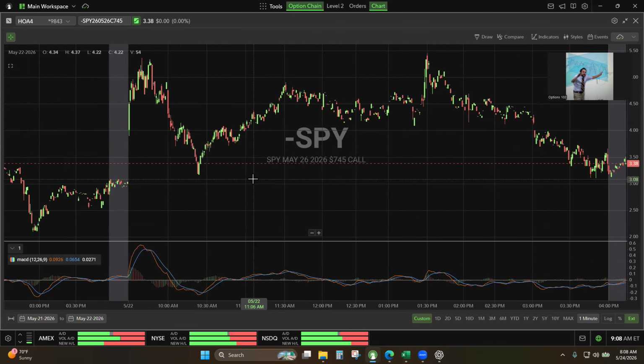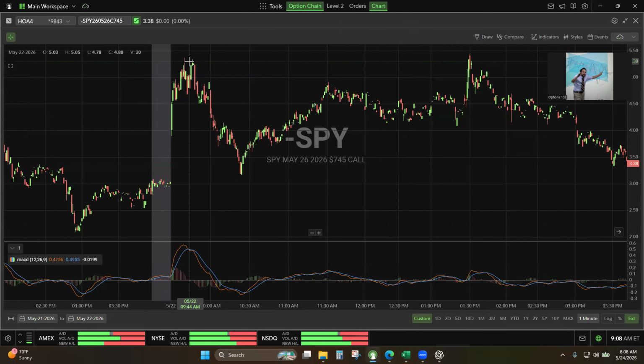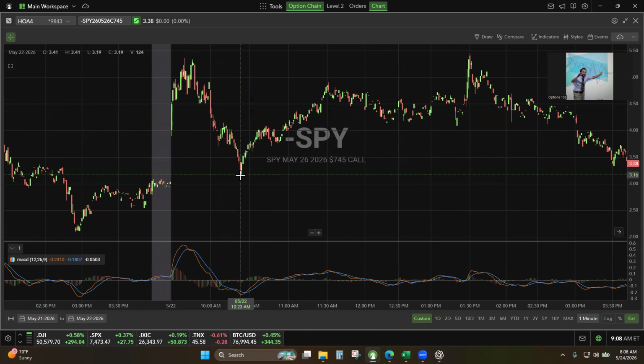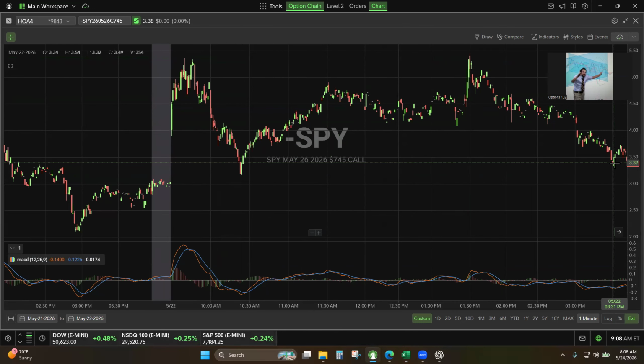Let me zoom out here and say, okay, so we had a trading bot, and our trading bot told us to buy puts right here and then take our profit and then get back in right here. So sell and then buy calls right here and get out right here and then buy here and then sell here and then buy puts here and then close their position. They're always perfect. They're always batting 1,000. They never take a loss, and they're always getting in at the absolute high and the